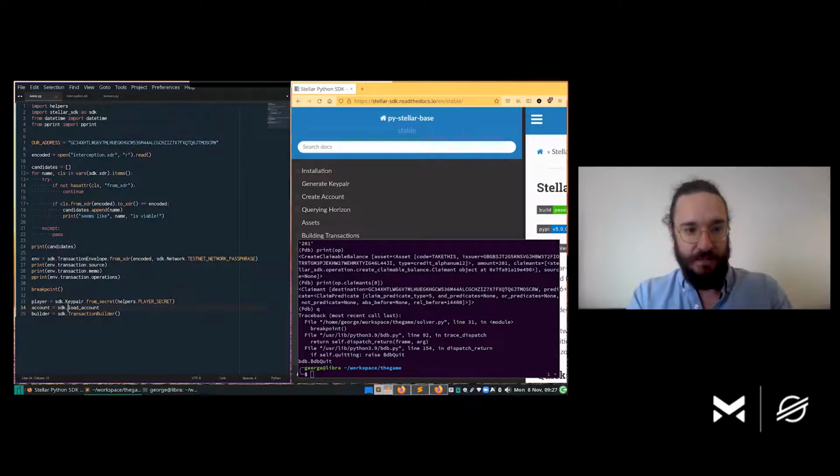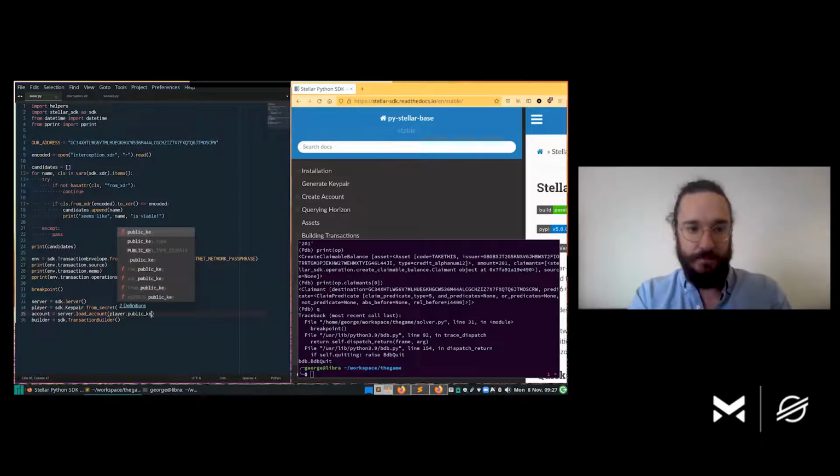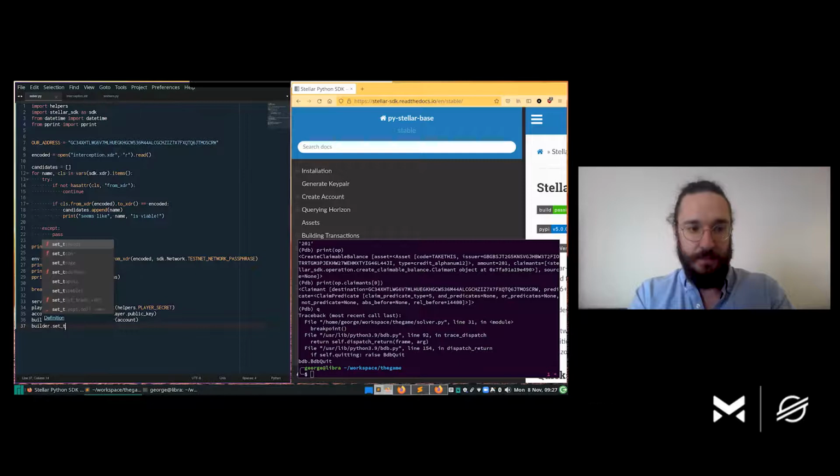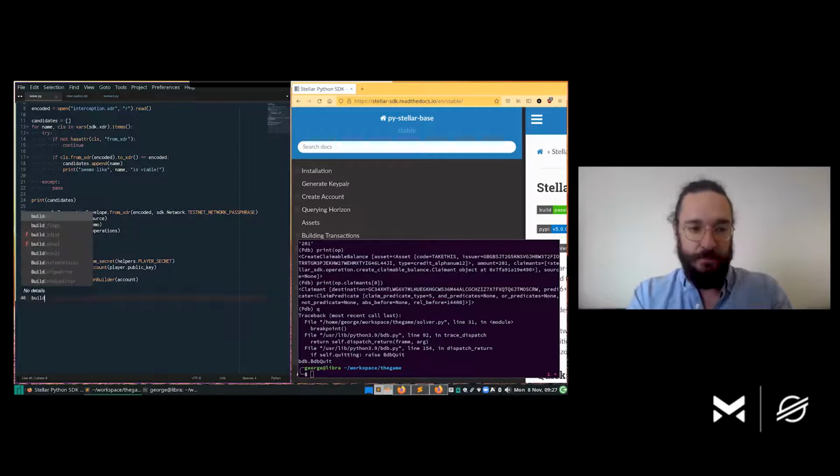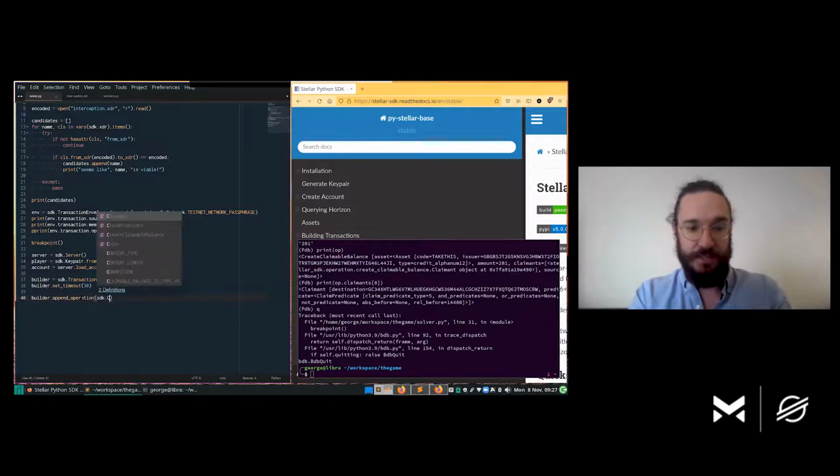So we need a server where we connect to the Stellar testnet, and we want to load the account. And now that we have the account, we can actually pass it to the transaction builder. We can set up some basic parameters on the transaction itself. And then we're going to do something very important, which is establish a trust line to this mystery